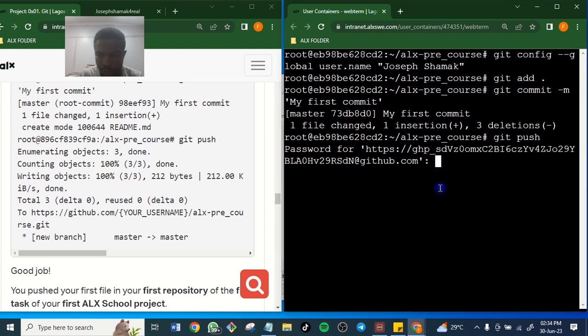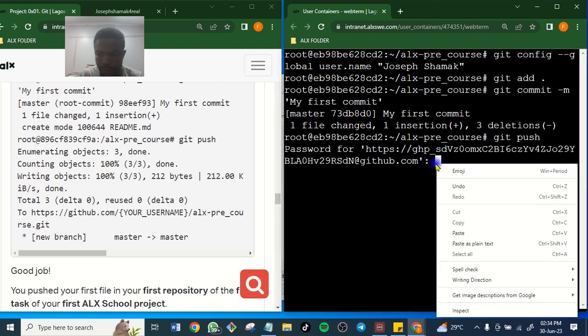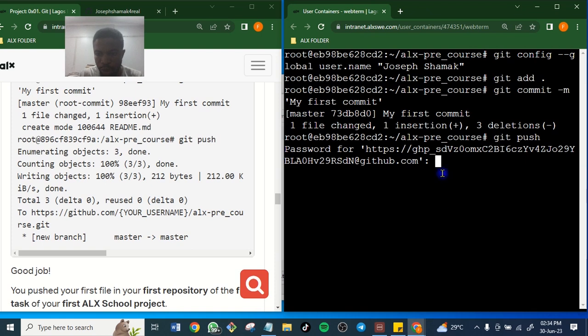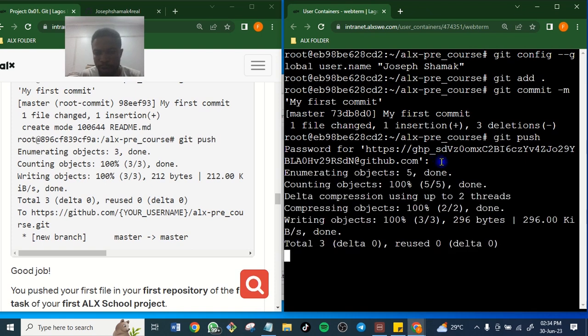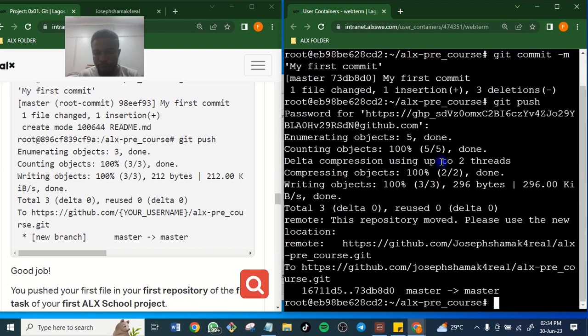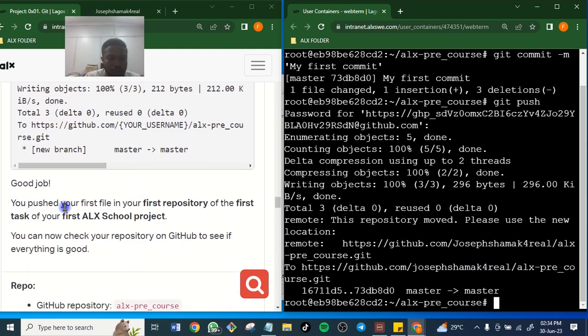The password is not going to show when I paste it, but it's already there, just for security purposes. So it has been done. It has been pushed to master. So good, that job has been done.